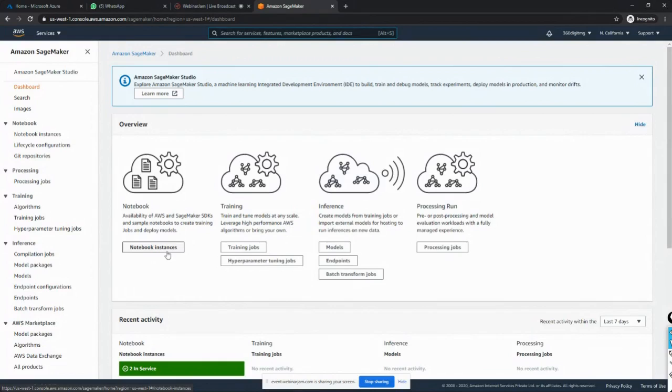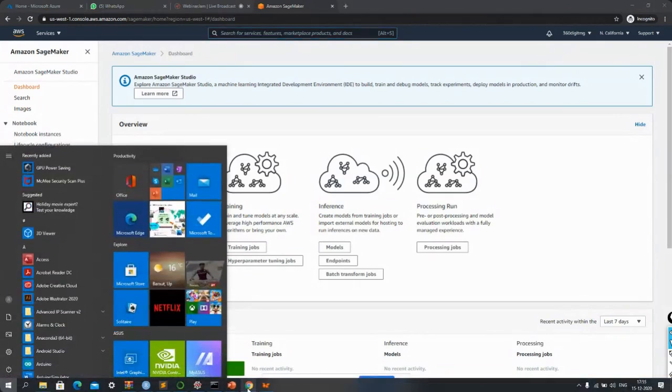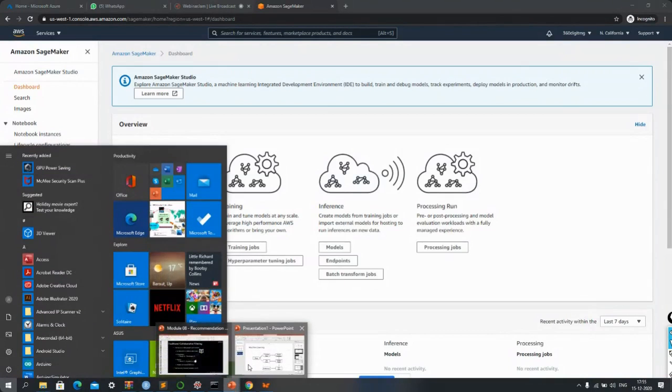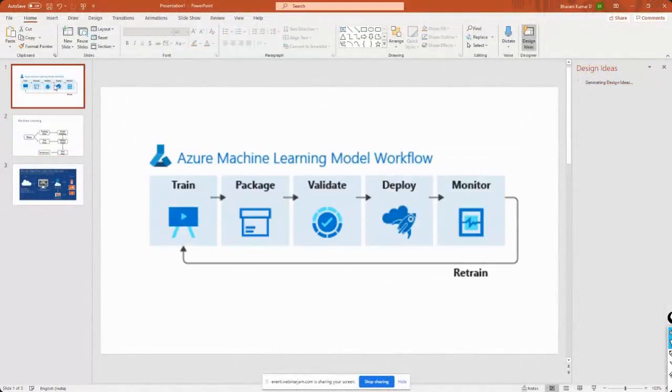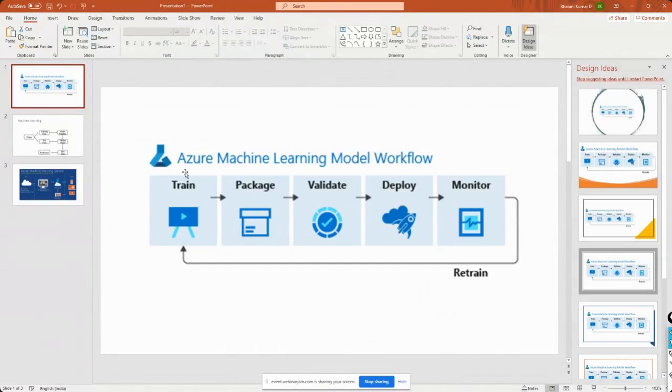Instance is something which is happening maybe in real time. So like that, you can have a notebook instance. Notebook instance is nothing but the environment where you work on your machine learning. And what is machine learning? Let me quickly walk through that also. So this is the Machine Learning Model Workflow. What we discussed yesterday is machine learning is something where you build a model through your programming, and we